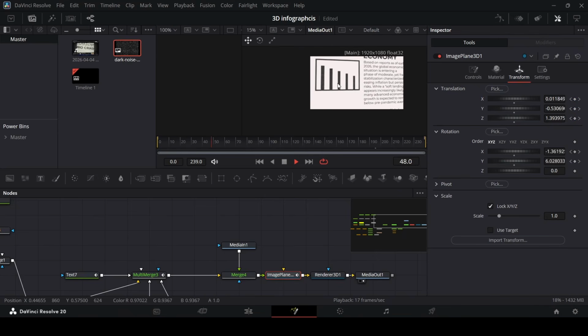So right here, we have the first animation coming in. And then right here, we have the second animation coming in. And then right here, we have this third animation coming. So this is how you can create these 3D